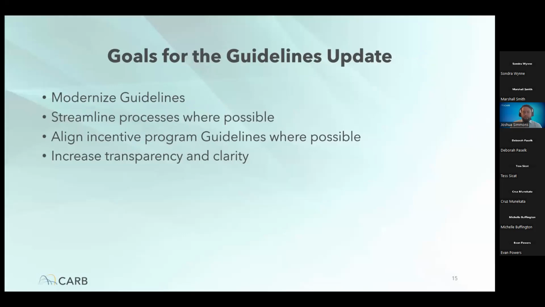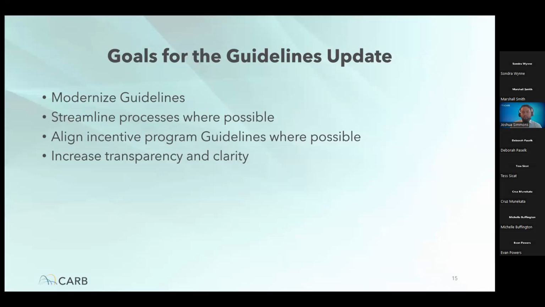As mentioned before, the Carl Moyer guidelines went through a statutory-driven, comprehensive update in 2017, and since then, new technologies have come to market, new targets and ambitions have been announced, and new regulations have been put in place. We are eager to begin the process of modernizing the guidelines with the support and collaboration of the air districts